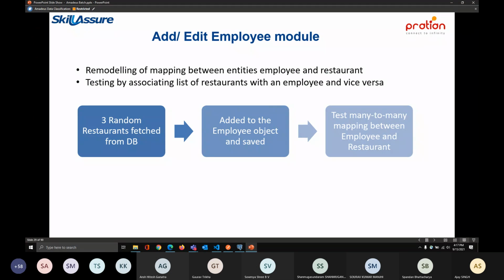Now talking about adding editing employee module. So after the remodeling, which was basically mapping multiple restaurants with multiple employees, we were supposed to test it. So what we did was we fetched 3 random restaurants from the DB and added them to the employee and then saved it. So this entire thing was done so that we could test the mapping between employee and restaurant. In the next slide, you'll see that